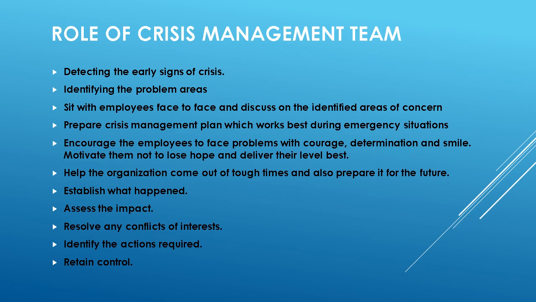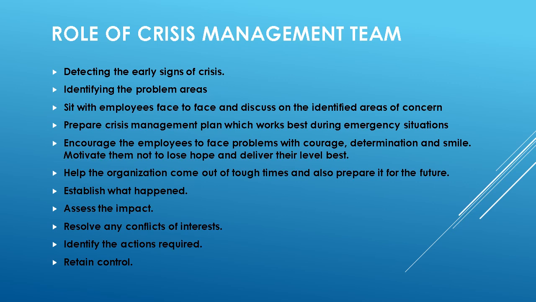What are the main roles of the crisis management team? Number one, the crisis management team members have to detect the early signs of the crisis. That means we have several methods to detect, specify, and explain the crisis using a combination of neural or non-neural techniques. These techniques will help the team to know the methods, the type, and to discover the category of the crisis which will be contained during the crisis management plan.